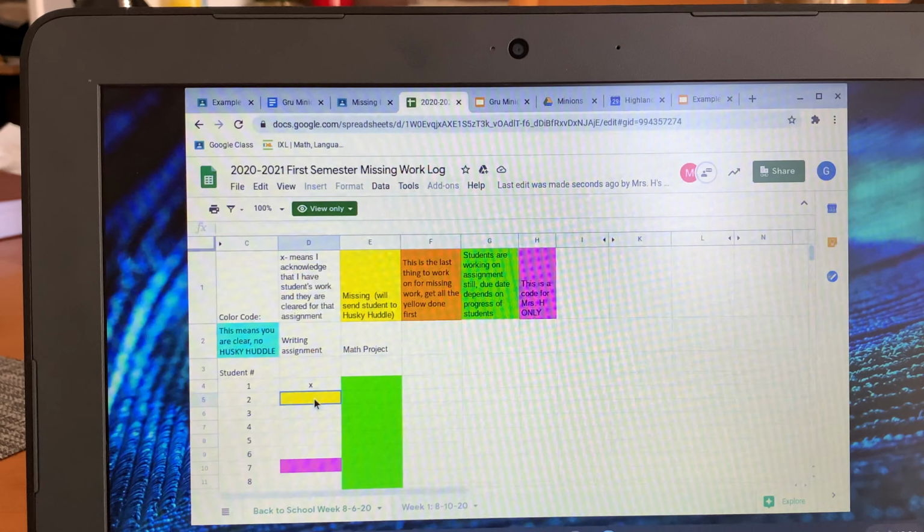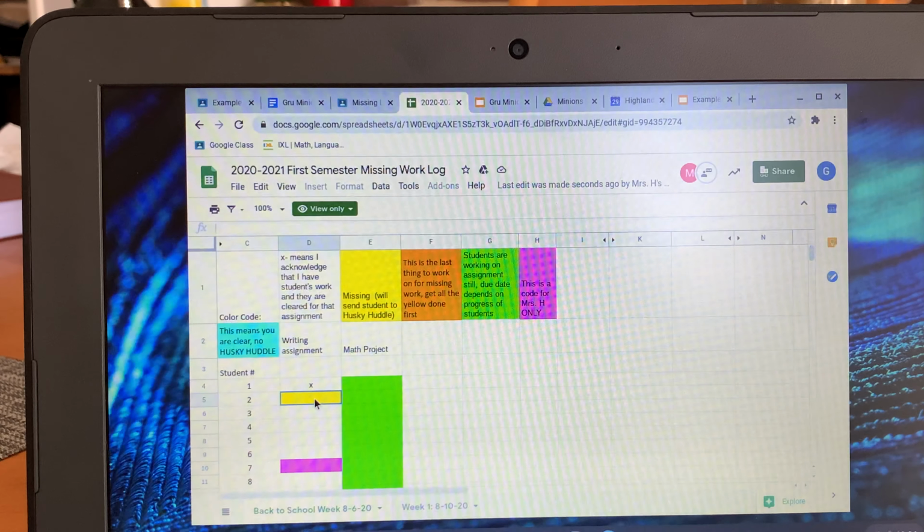Now, student number 2 has not completed it yet. It's considered missing. So I go ahead and put a yellow. Now, once that student turned it in, I take the yellow away and I put the X there. Now, down here,